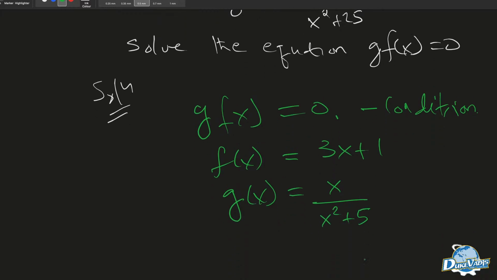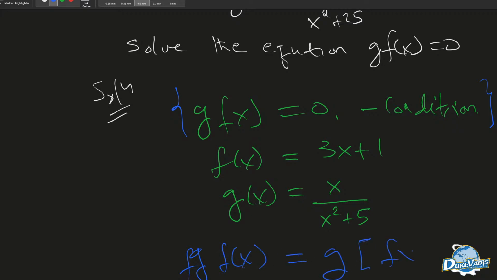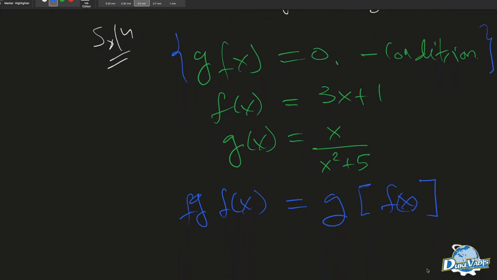So since this is the equation that they want us to handle, f of x is coming into the equation. If that is the case,